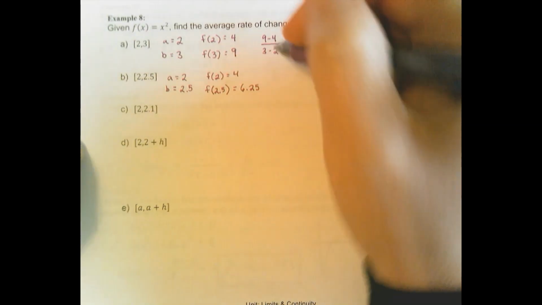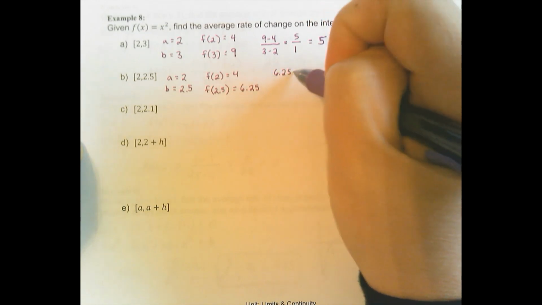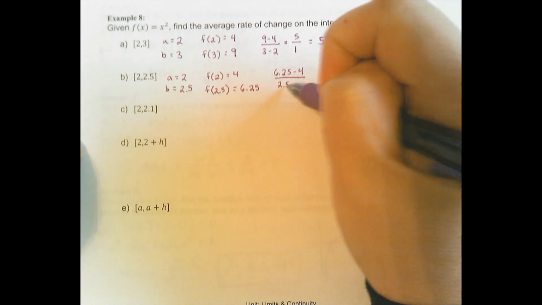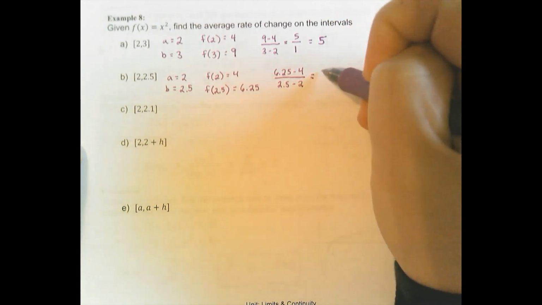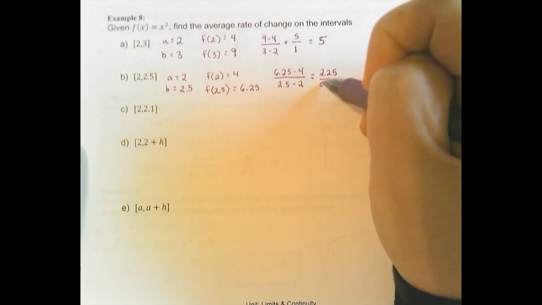So then we set up our difference quotient and we get 6.25 minus 4 over 2.5 minus 2, which is 2.25 divided by 0.5,